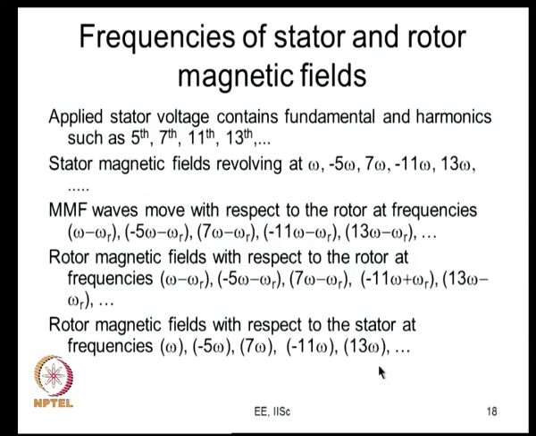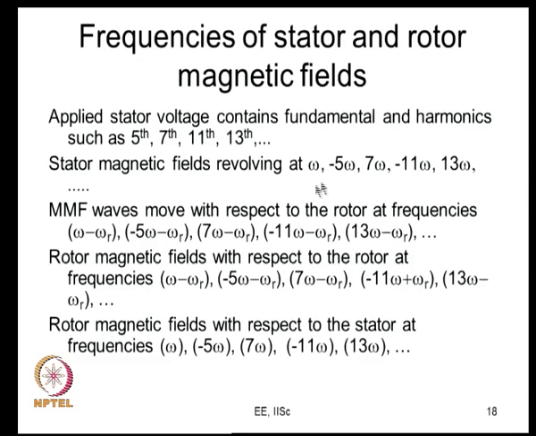So, what we can say is the main torque is being produced by these two, the one revolving at omega here and the one revolving at omega there. Any interaction between the harmonic fields is pretty weak, because this magnetic field is not very strong, and let us say some magnetic field here, this is also not too strong. So, the interaction between these two is pretty small. So, what we need to consider is the interaction of these two fields, which produces the fundamental torque, and the interaction between this field and any of these fields.